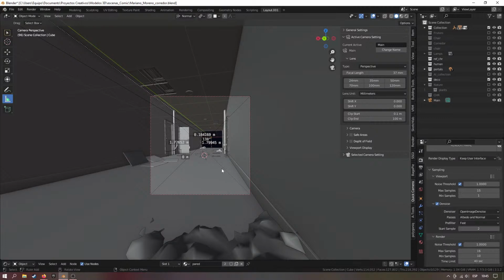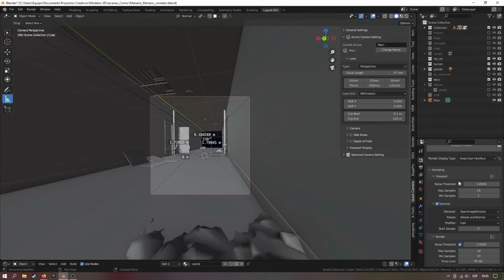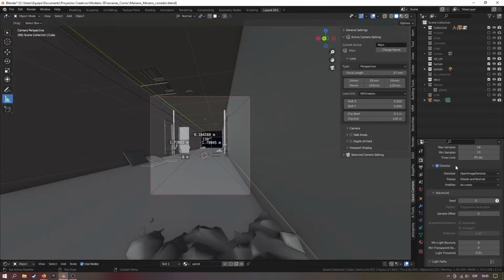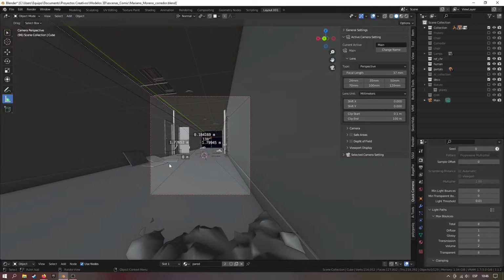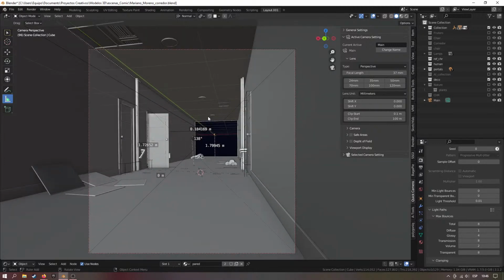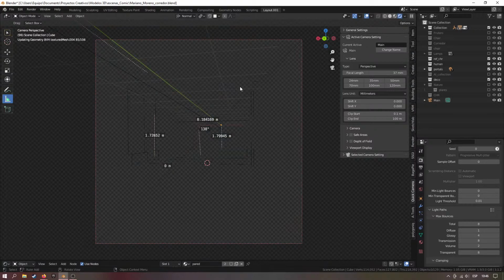Before you start using the Mangaka add-on, here in the rendering panel, you may want to change some of the settings right here. When we render for Mangaka, we are not aiming for realism, but for the best lighting we can get for the add-on to draw. So what you may want to check before rendering